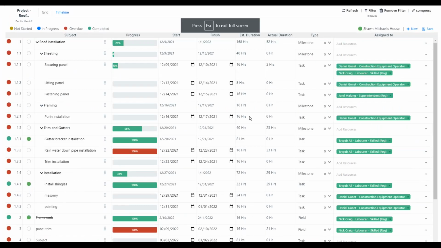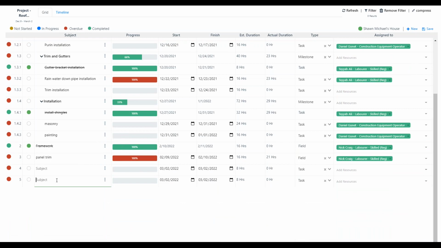So I have this very nice and easy to use project scheduler. If you want to create a new task, all you do is you click new, and it adds a task in here. I can say this is a test. I can put in the timeline for this. So for example, you can see I can say this is a 5-day task. It automatically calculates all of those.